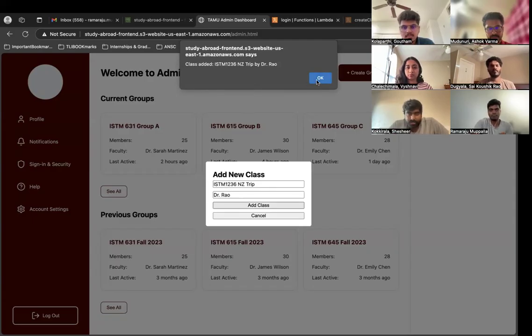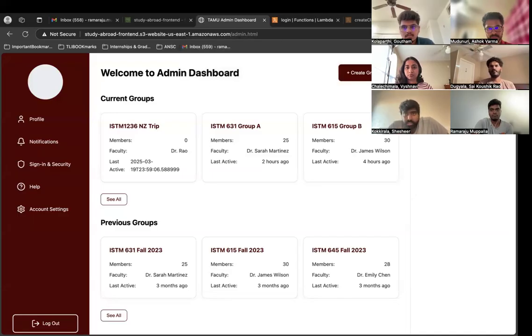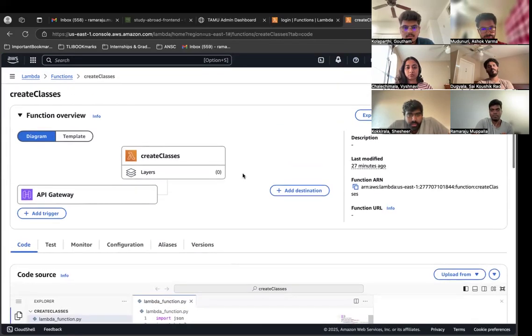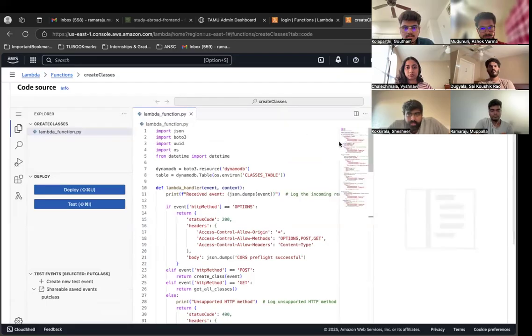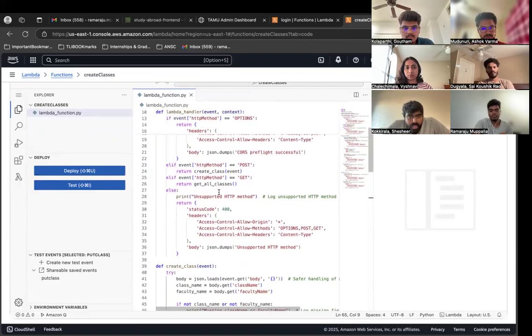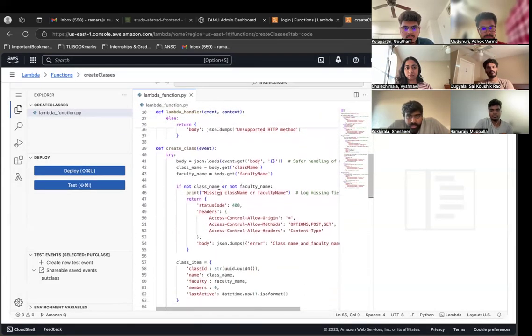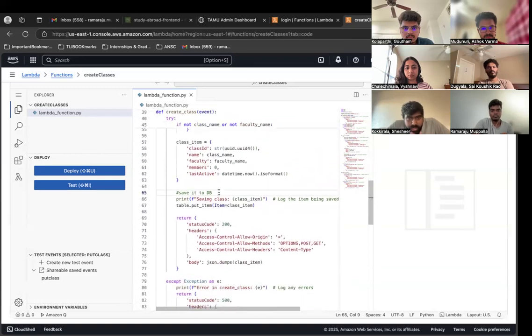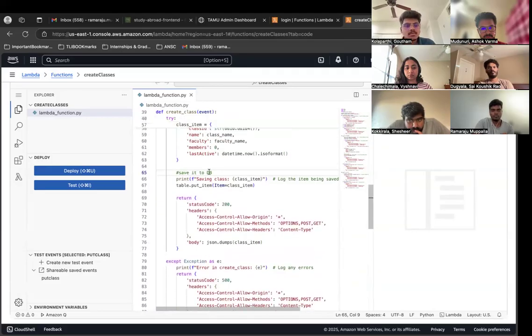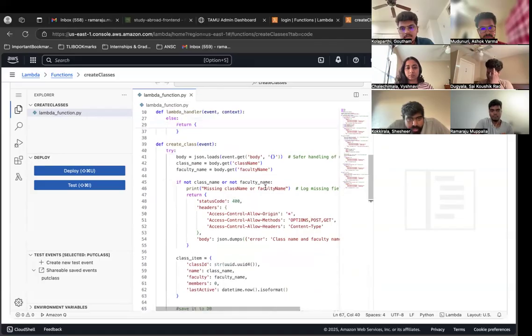And now if you go to the backend Lambda function for this, can you go to the top? Yeah, here we have some import functions, Boto3, UUID, OS, and datetime. And as you come down, we have a DynamoDB table setup, which uses Boto3 and creates a connection to the DynamoDB. Can you go a little up? Yeah, so here